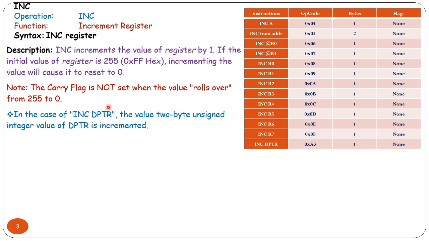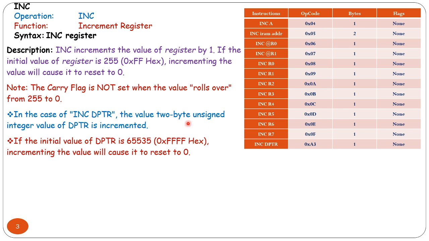Note that the carry flag is not set when the rollover from 255 to 0 happens. In the case of increment DPTR, the value of the 2 byte unsigned integer DPTR is incremented.